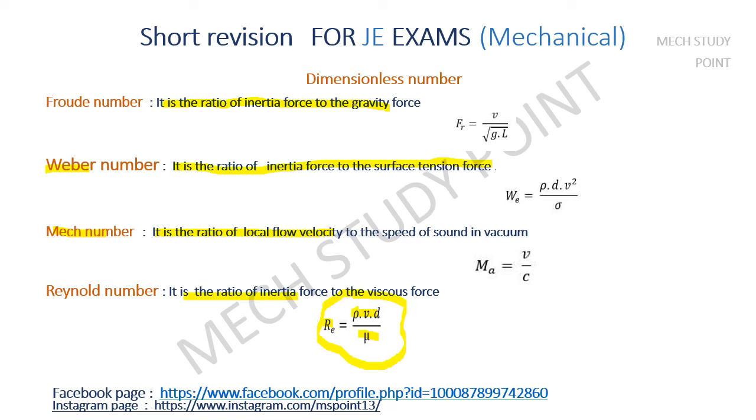When the Reynolds number is less than 2000, that type of flow is laminar flow. When the Reynolds number is greater than 2000 and less than 4000, that type of flow is transition flow. And when it is greater than 4000, that type of flow is turbulent flow. रेनॉल्ड नंबर के बारे में हम पुराने वीडियो में बता चुके हैं। उस वीडियो को देखने के लिए डिस्क्रिप्शन बॉक्स में लिंक दिया हुआ है।